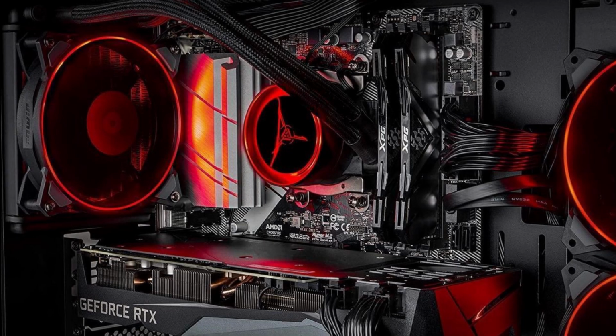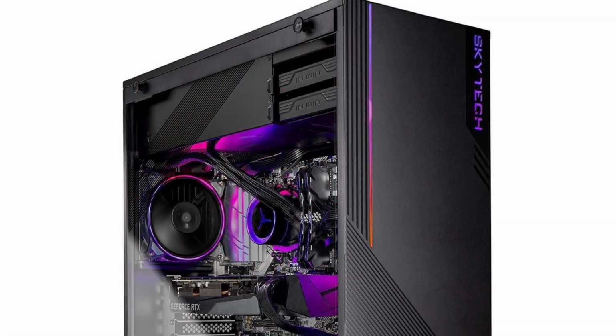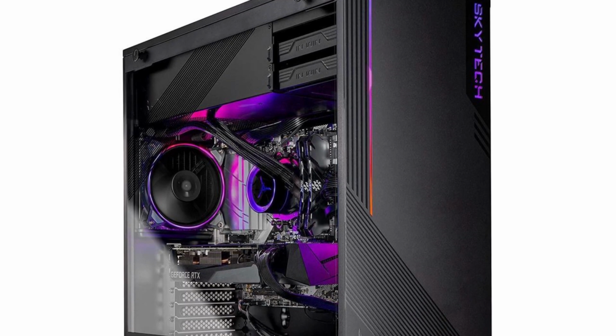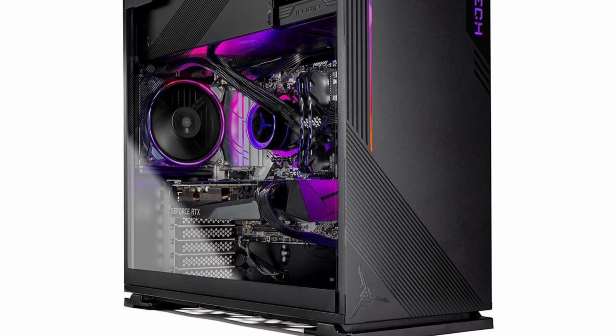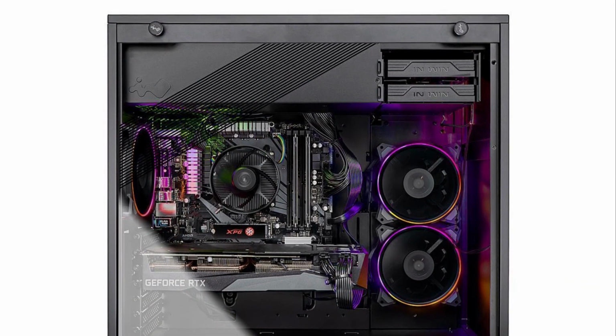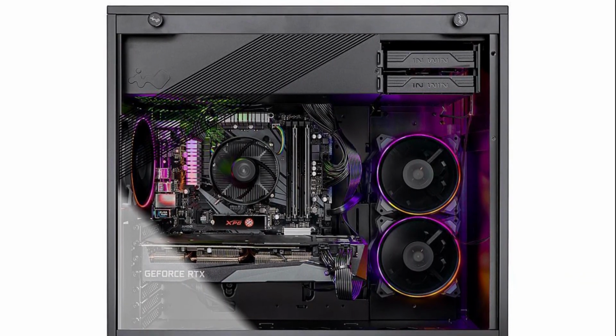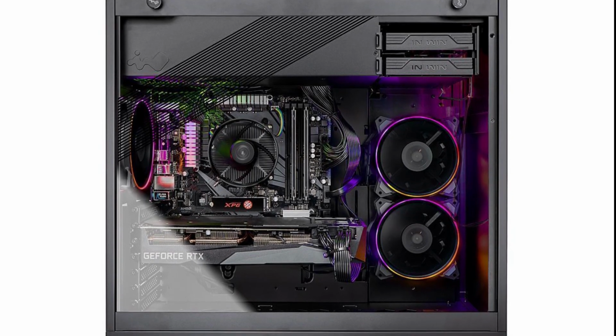Then we get a 1TB M.2 SSD and a 650W 80 Plus power supply. This PC is great when it comes to specifications, but there's one thing that I don't like, and that's the airflow and CPU cooling. The i5 12600K will need a better CPU cooler than the small one that we're seeing on the screen. So yes, you're paying $1,400 for the i5 12600K and the RTX 3060 Ti combo, which is actually a really decent price,